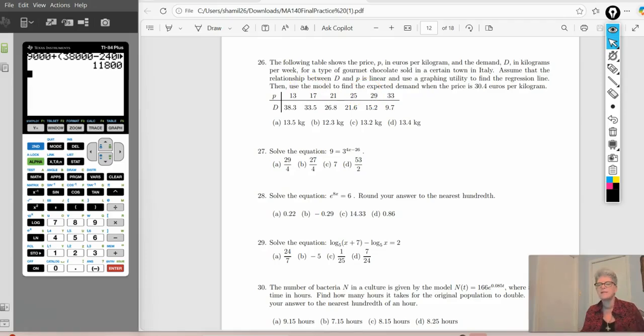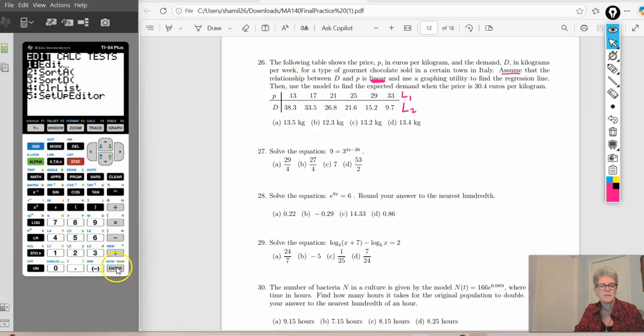Okay, with number 26, we have been told to assume that the relationship between D and P is linear. So we are going to be using linear regression. So we have the price. That's going to be our list 1. So this is paired data. So you can think of those as points. And list 1 will be my x values of the points, and list 2 is going to be my y values of the points. Okay, so what I'm going to do is I'm going to come over here and press